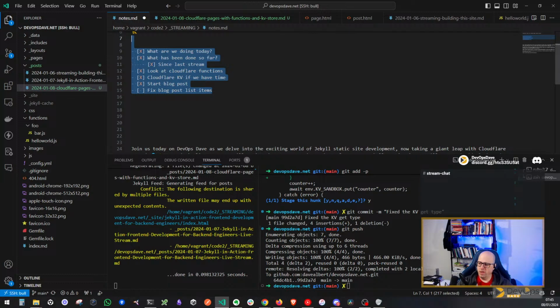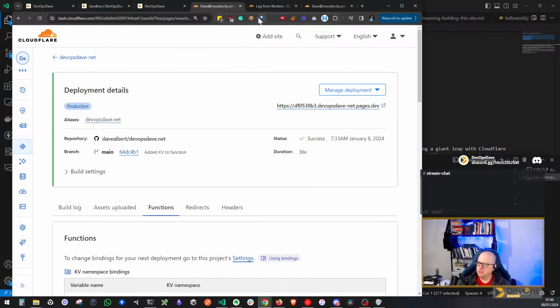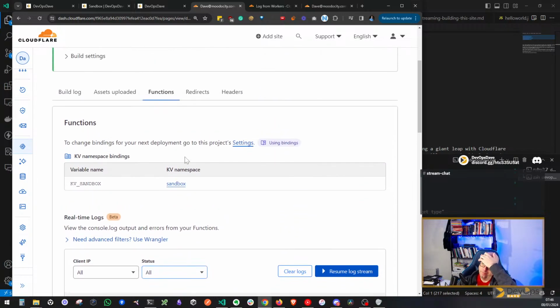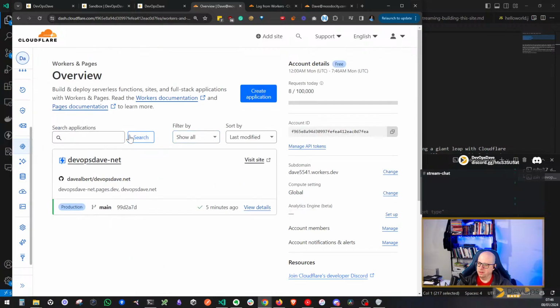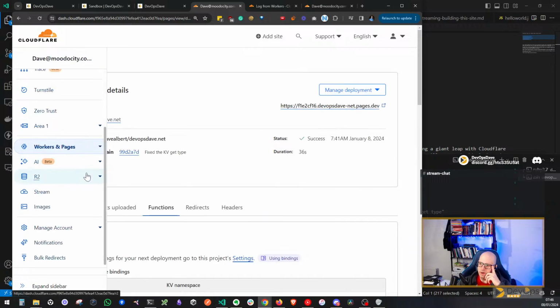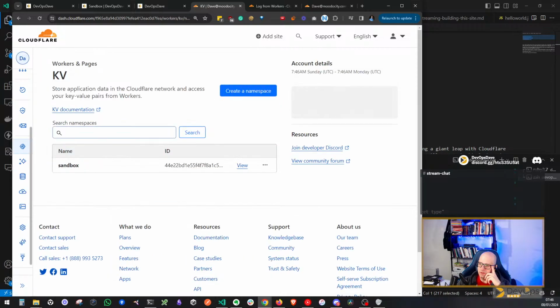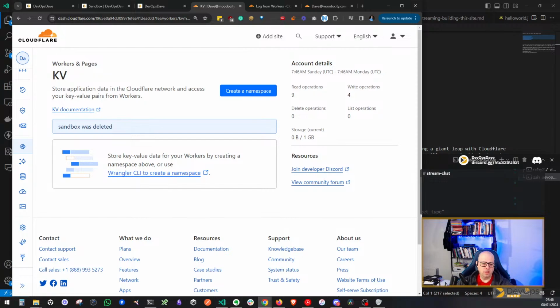Okay, cool. So we have our website now with dynamic content stored in key value. I need to actually delete this key value namespace because I exposed that number. Where was that? Oh, okay, right. So under there, then key value. We want to delete that sandbox, because it appears that that number is the only identifier you need to